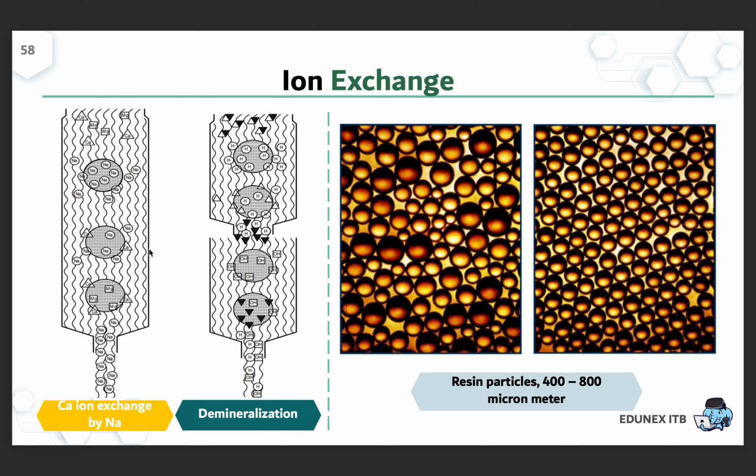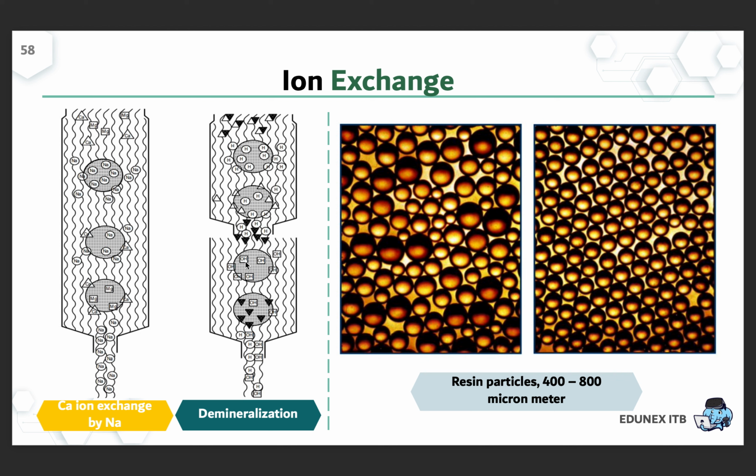So in here we have all the cation exchange resin in the bed. And here we have both cation and anion exchange resin in one bed. So that can happen. You can set your ion exchange process into beds. So the first bed is for cation, and then after that the water will go to the second bed, which is the anion exchange resin.